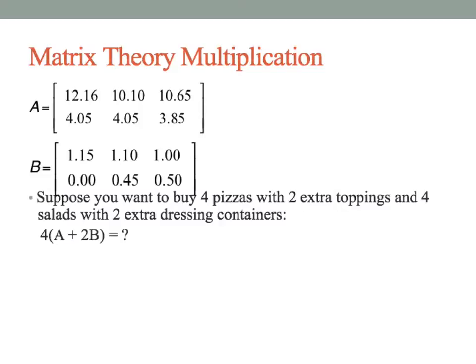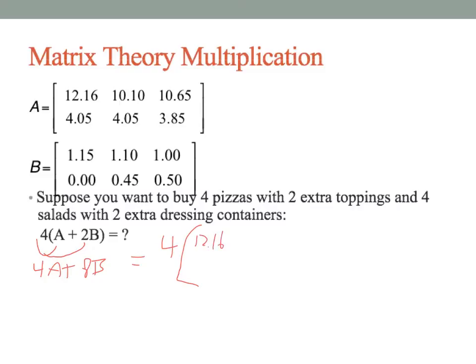So first let's distribute, so let's take the 4 and do this. So that's going to be 4A plus, and then 4 times 2 is going to be 8. So really it's going to be 8B. So then the way we would set that up using just scalar multiplication is 4